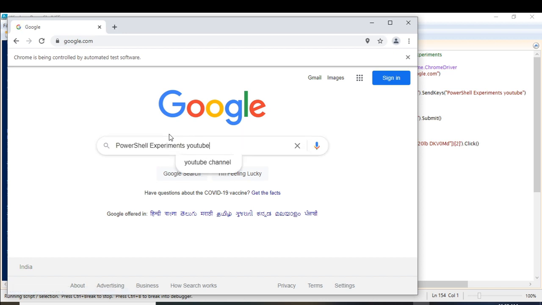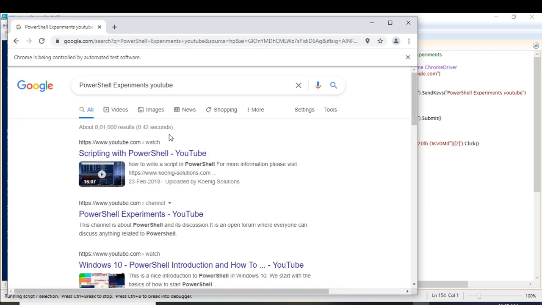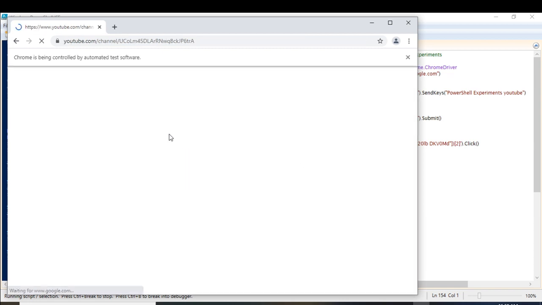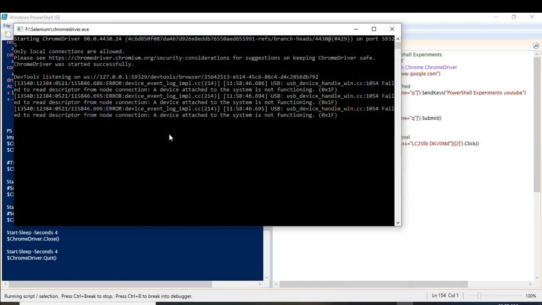It has written something in the search, then it has given the result. Now it has clicked on the PowerShell experiments. Now it is open. Now it will close the browser after 4 seconds. It is closed. Now this Chrome driver is running and it will also get closed.